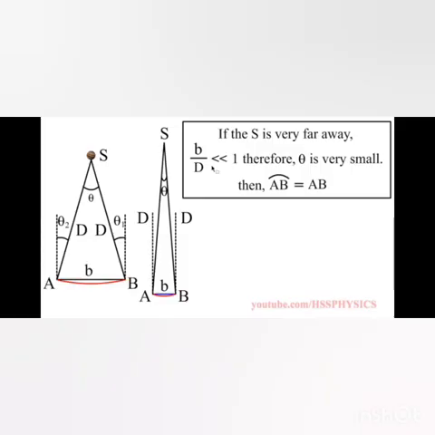We know that the planet is at a very large distance. So as the distance D increases, theta becomes very small, and we can see that the arc that we considered becomes closer to the straight line of distance b. So our arc length can be approximated to the distance b, small b, which helps us to use the relation arc length is equal to angle into radius. So applying that, we can obtain the relation b, small b, is equal to D into theta.